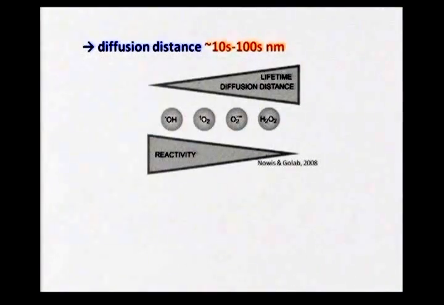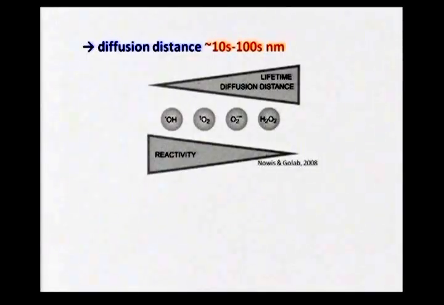That means, if this is true, that the location of the photosensitizer is the location of the damage. So if the sensitizer is located in the mitochondria, then it's the mitochondria that are damaged. If it's located in the nucleus, it's the DNA that's damaged. So this is an important question, and there's lots of evidence, and I'll show you some in a moment, to